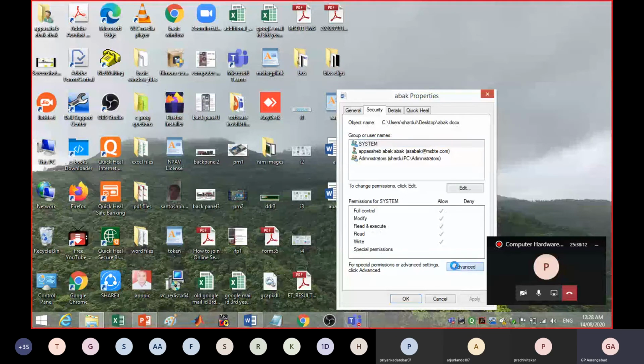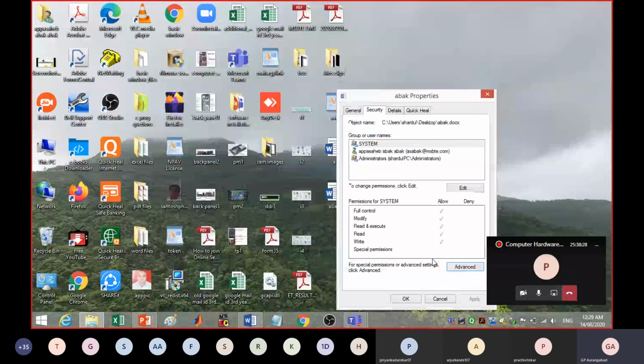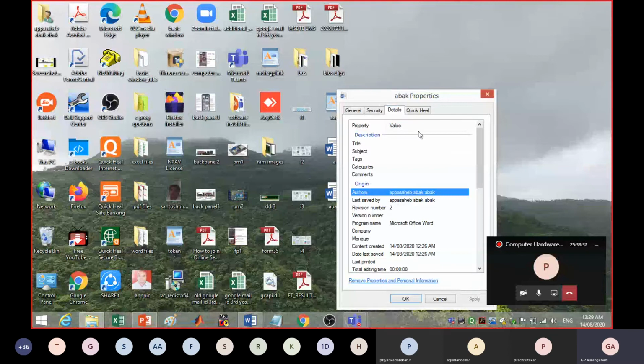Again, you also have some advanced permissions, that is whether you can share this, keep track of who can access this, and what the permissions are, and whether you want to give this file permission to some other users on the network. You can change that particular file permission. I'm talking about the file I have just created with the name ABAK. I'm talking about that only. And if you see the details of this file, this much information is being stored about the file.